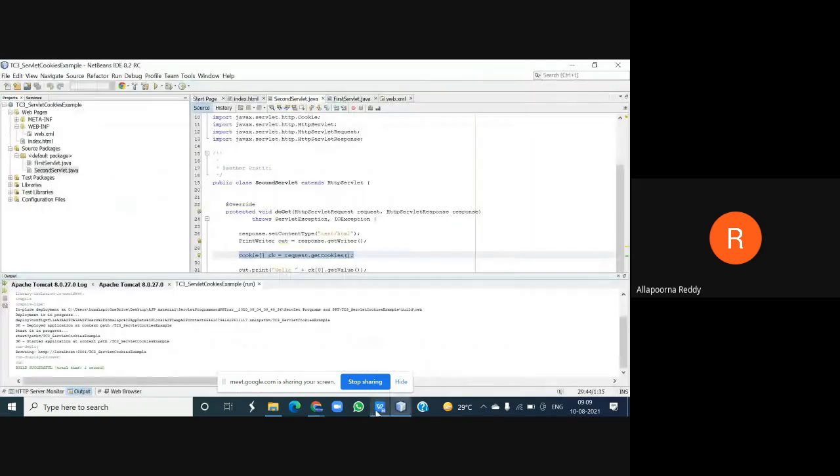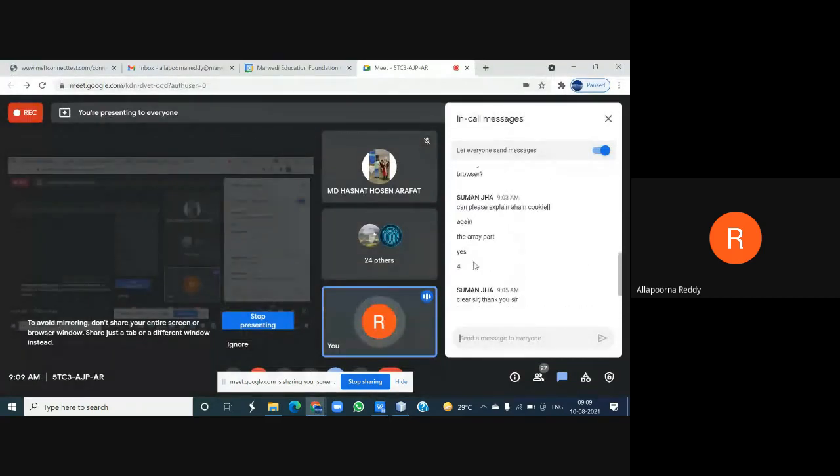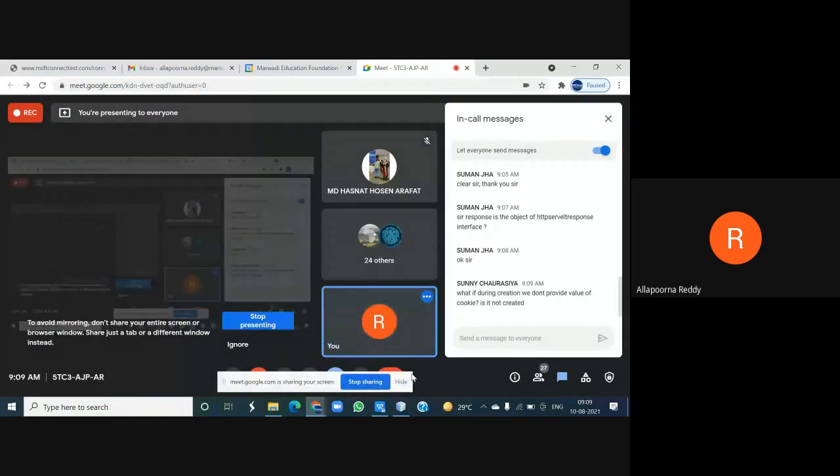Now previously you raised one doubt, that is, sir, can you explain about the array part? Now you will get clarity in a second on the array part. What if during creation we don't provide the value of the cookie? Is it not created? What if during creation we don't provide the value of your cookie?